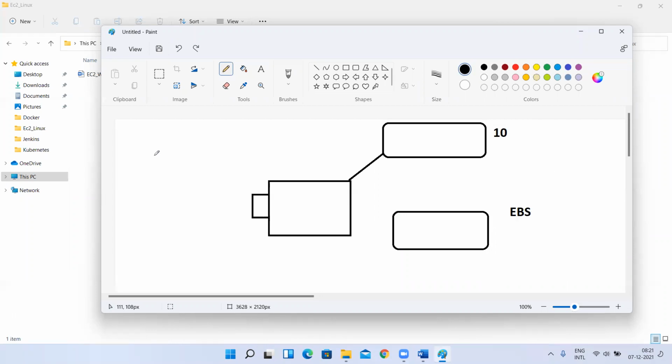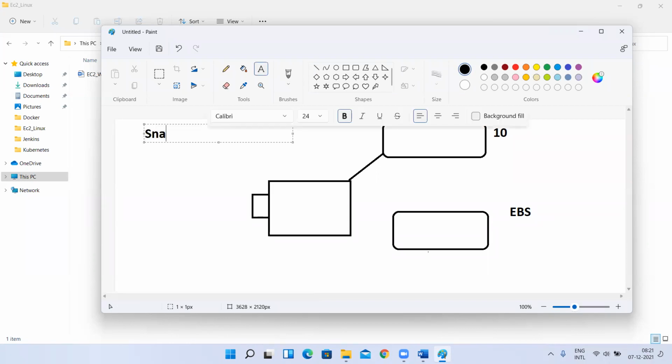Fine. So now I want to implement this EBS volume. We'll implement this, but before that, I'll tell one more concept and then we'll do the practice together. Is it clear about EBS volumes, everyone? Yes, sir. Okay, cool. Now I'll tell one more concept called snapshots. So far we discussed EBS volumes. Now I'll discuss snapshots.